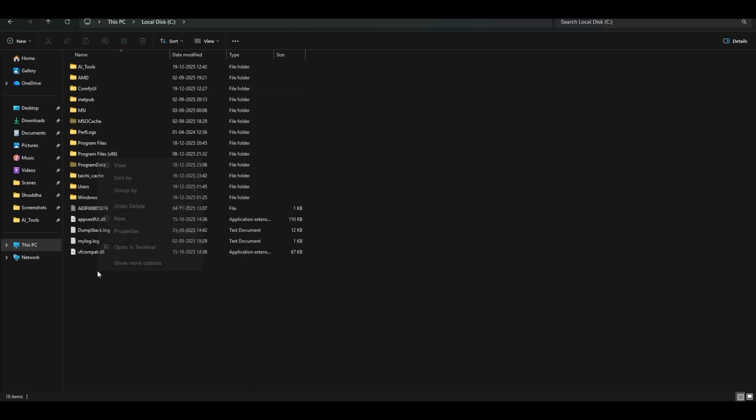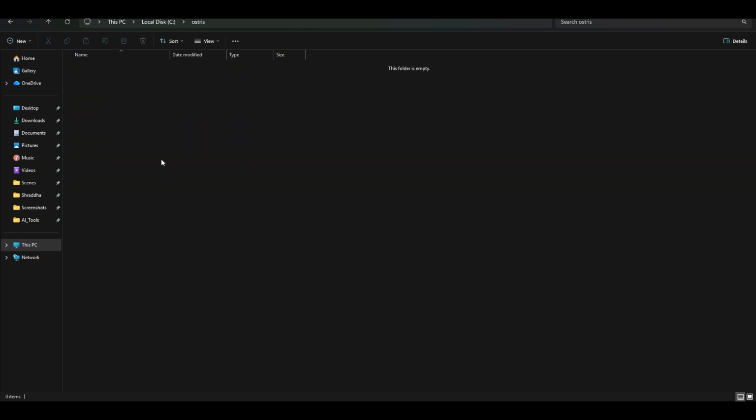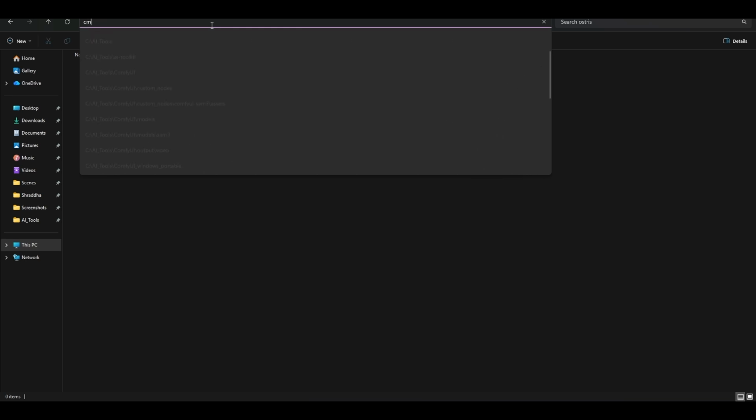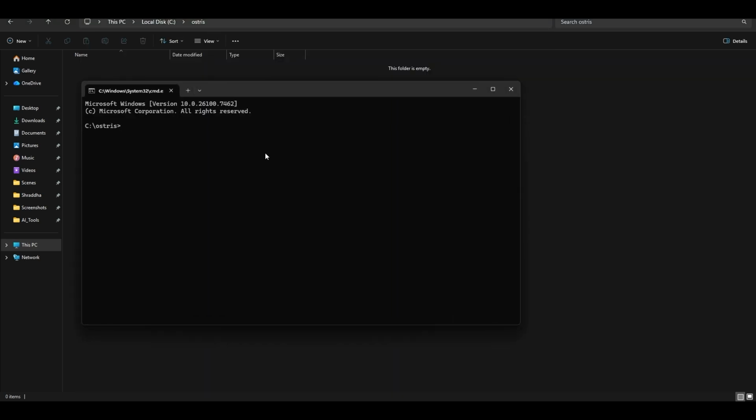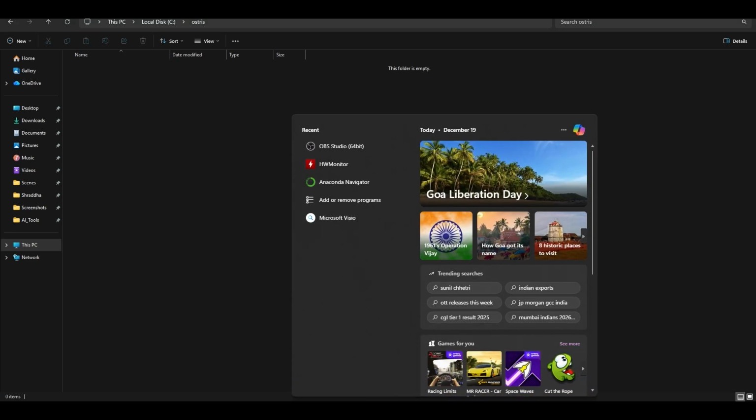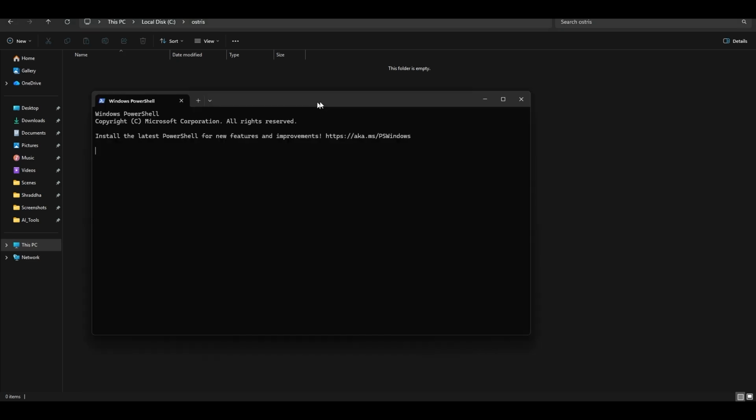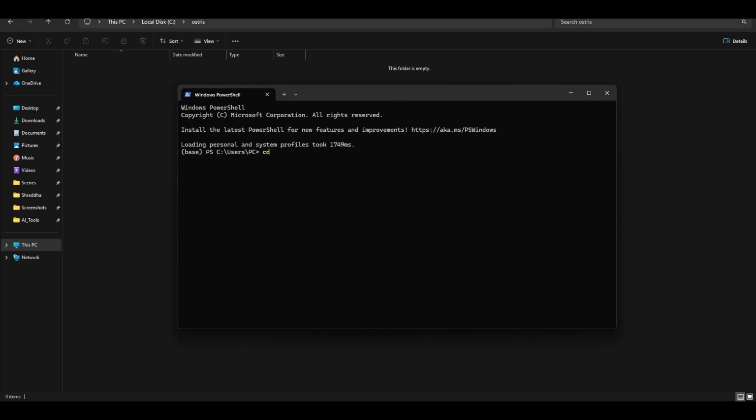What I'll do is I'll create a new folder here so you will understand how to do it step by step. I'll type here Ostrich and I'm gonna crow here. You just click on this location tab and press CMD. That's the easiest way to do that. Otherwise, if you're using any other like PowerShell, so let me show you PowerShell. What you have to do is type CD, copy the location, paste that here,